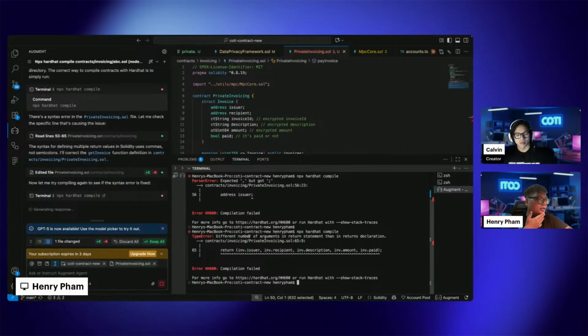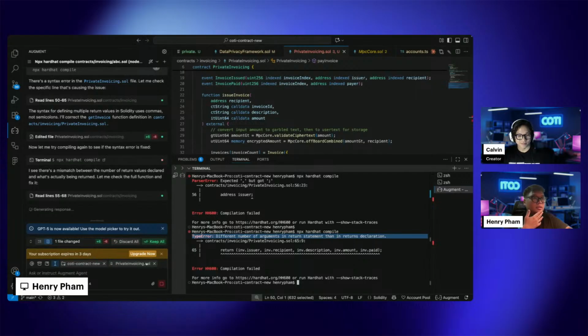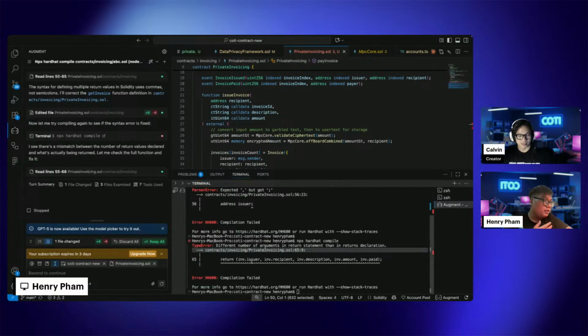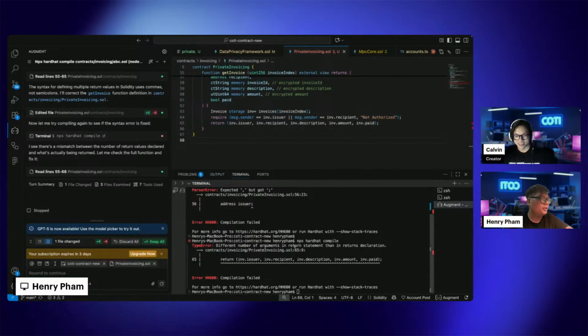Return different number is written. Oh, I think we have some. Compilation failed. Let me see. We have one, two, three, four, five. One, two, three, four. So what's wrong here is we typed a different number of arguments in the return statement